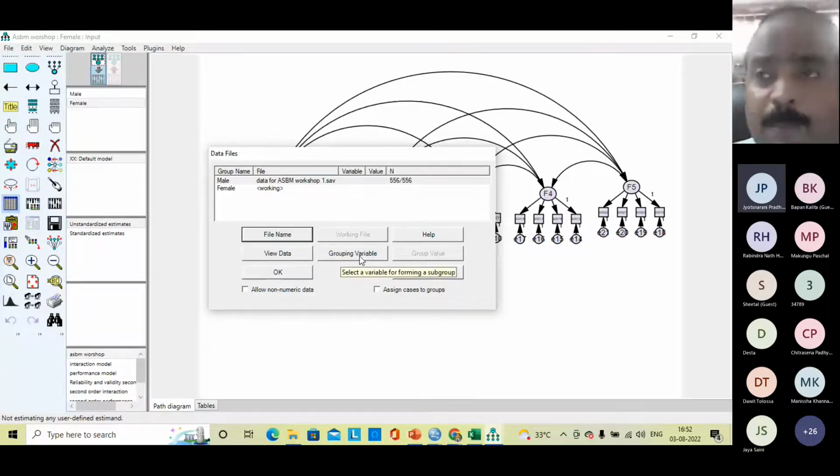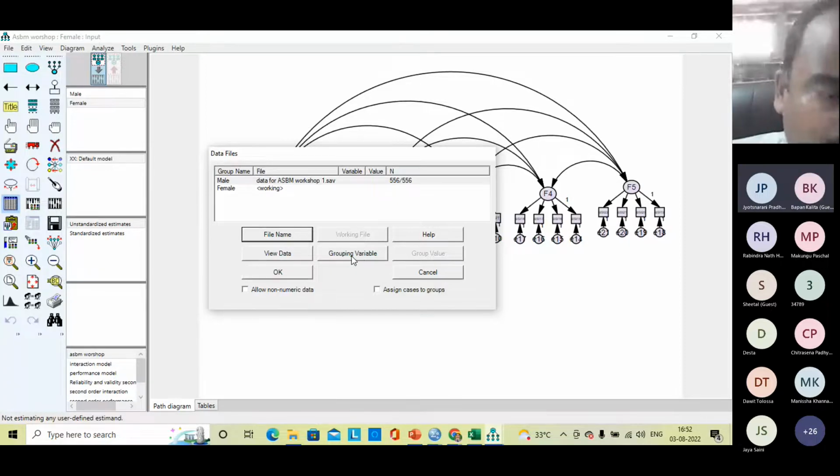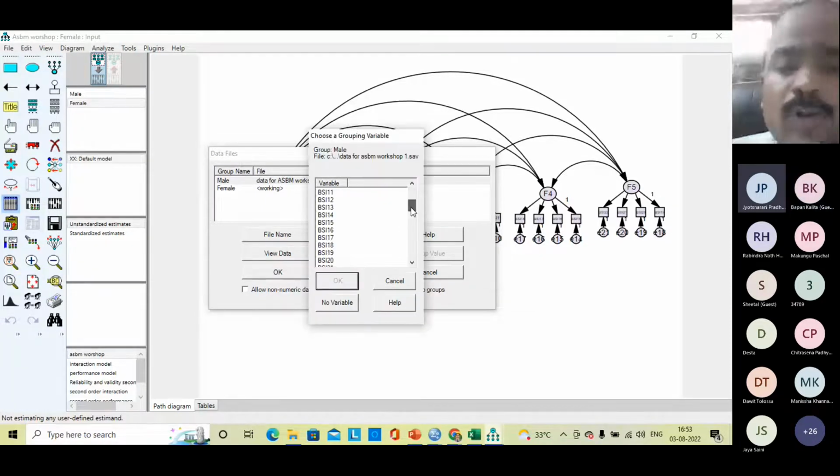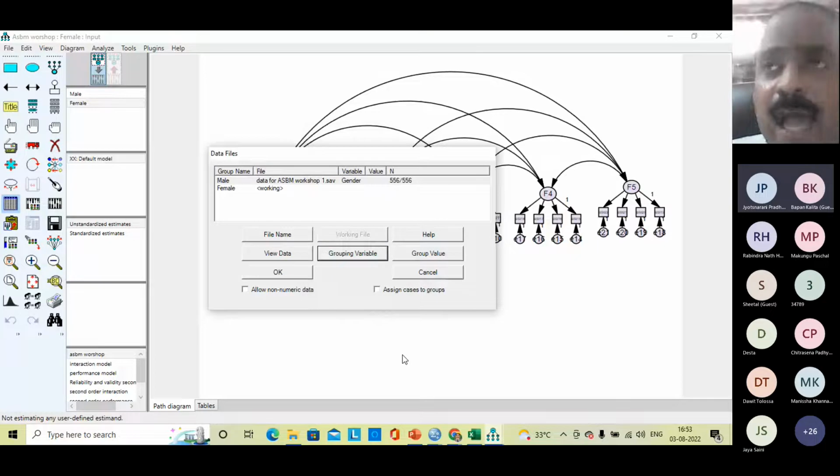Remain in the same pop-up box. Do not leave the same pop-up box. That is the icon group variable. All of you got it? Yes, sir. Then click there, group variable. Go to the name gender. Click there. Click OK. That means I have given input to AMOS that based upon gender, I want to